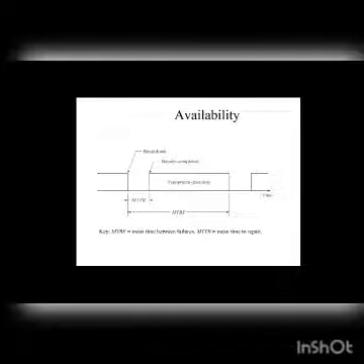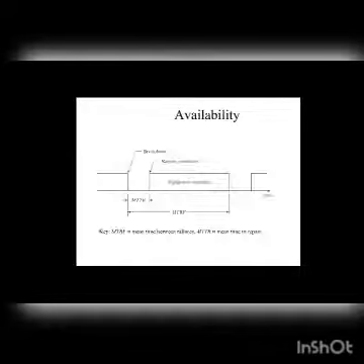So you can understand with this diagram, MTBF is the time gap between each failure, and MTTR is the time required for repairing when the failure occurs. So availability is given by MTBF, the mean time between failures, minus the time taken to repair, divided by the mean time between the failures. So it gives you an idea of how well the machines are being serviced. If the machines are being properly serviced and maintained, then the machine will be available for more time for the production operations.